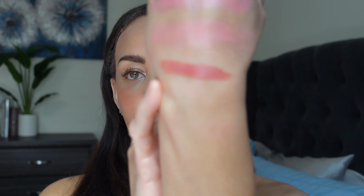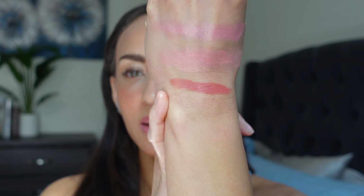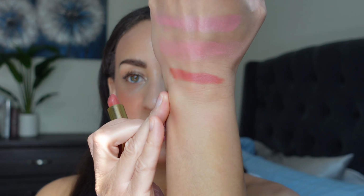It's a beautiful orangey, pinky, brownie color. It looks so pretty for like an everyday lip. And see what this color is going to be so pretty. Okay, so let me just